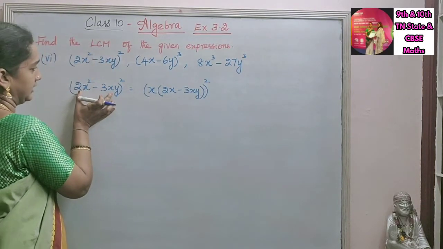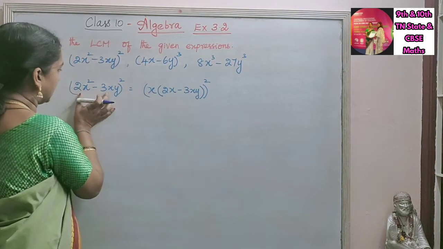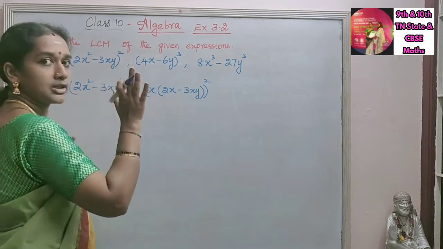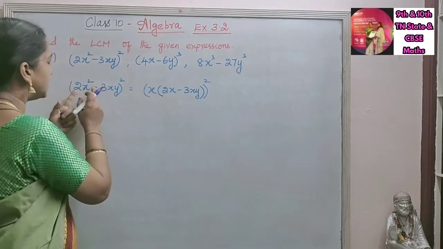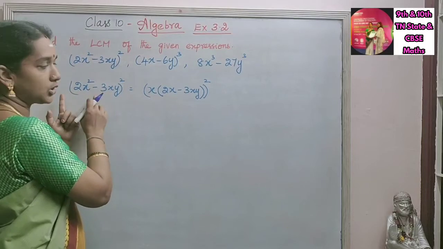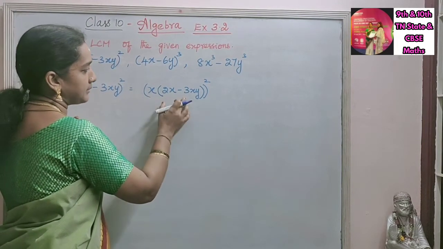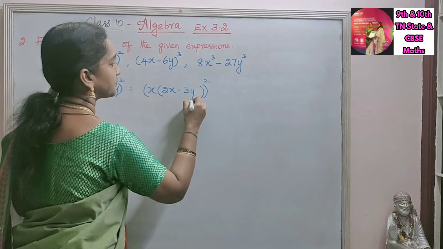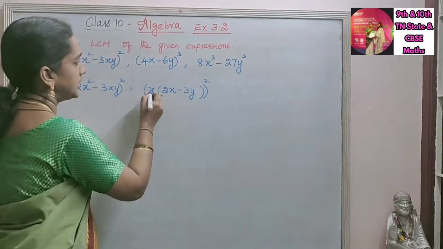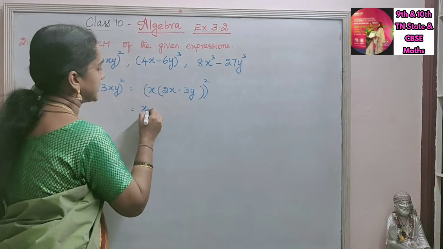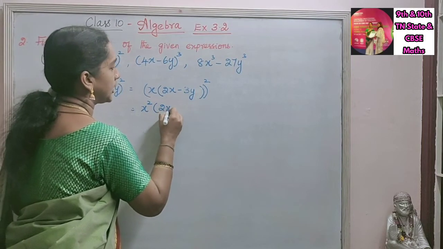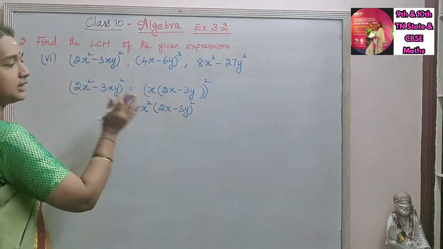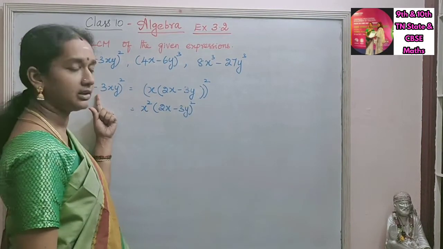Only the terms that are inside the bracket, from those two terms I am taking x common. So this whole square is as it is. So in these two terms x is common, so I take x out and I will get 2x minus 3y the whole. In this I am rewriting this as x squared into 2x minus 3y the whole squared. These are the factors for the first expression.